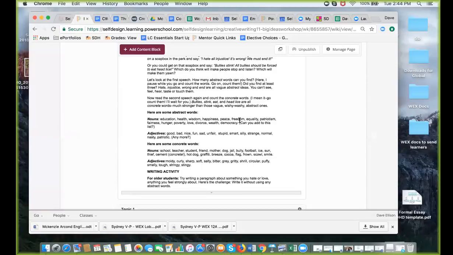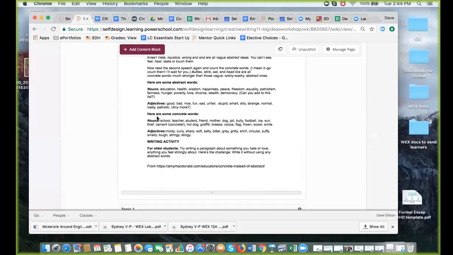Happiness is an abstract concept. And those are nouns, and then even adjectives can be nondescript, so sad or stupid or smart or silly. Whereas with a concrete thing, almost every one of these is something you can touch, like a school, teacher, friend, mother, dog, jail, bully, etc. And the adjectives are more precise, so sharp, salty, bitter. So in this one, the suggestion was to try to write something that is concrete with language. And unless somebody put it in their wiki, I don't know if anybody actually did this writing prompt,